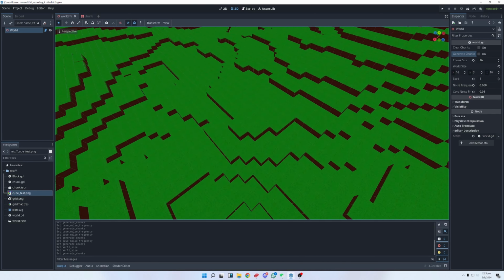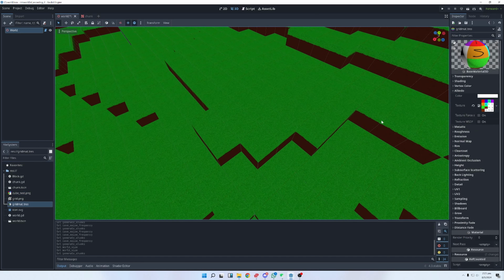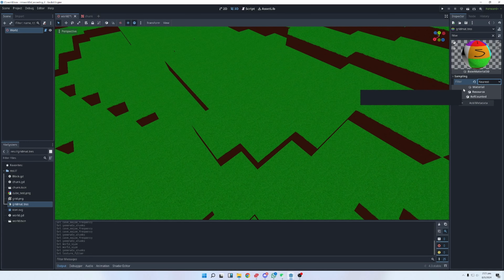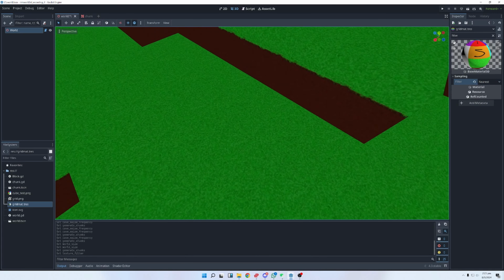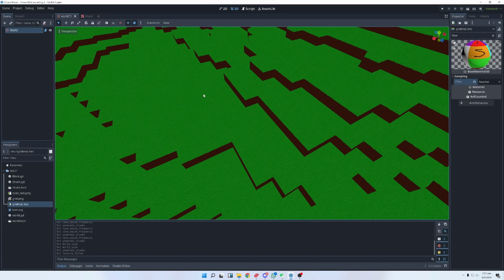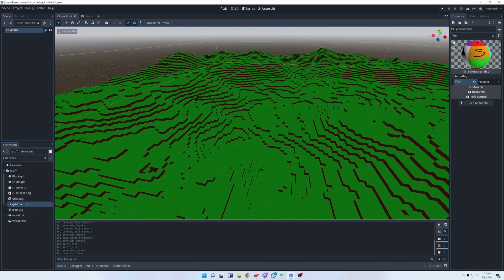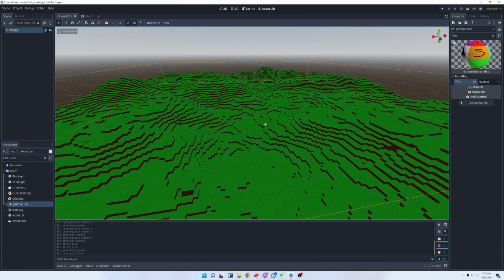Oh, one more thing. We're getting this tiling, those lines between the textures. The way to fix that is we go to our material, and it's something like filter. Yes, we need to change the sampling filter. So just change that one to nearest. My texture is still not good, and it's a little bit of a tiled texture because I just quickly made it, but it's not actually showing up in game. Of course, it's still really ugly. There's no lighting or anything,